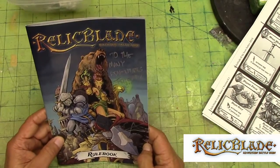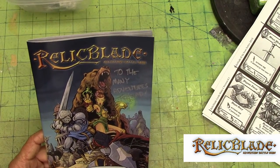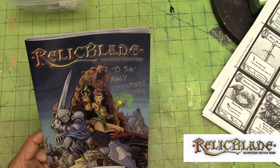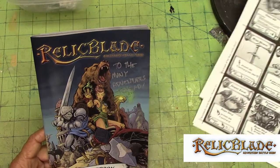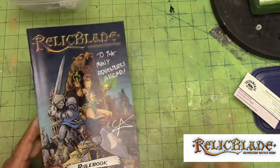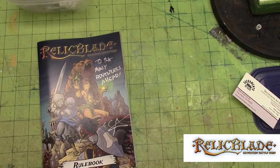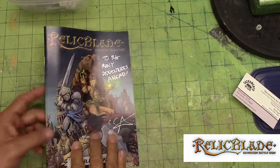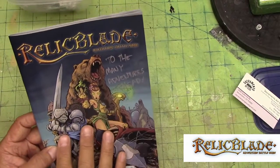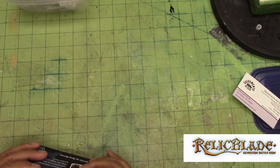I backed it, and then I got a notification from the creator that we're local, both in Northern California. He invited me out to the Second Saturday Art Walk in Sacramento, and he was showing his stuff at Sacramento Art Glass. So there's this glass blowing thing. He had his Kickstarter there with Relicblade, and also he is an artist on 2